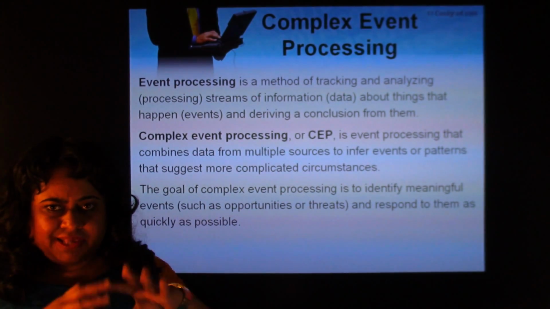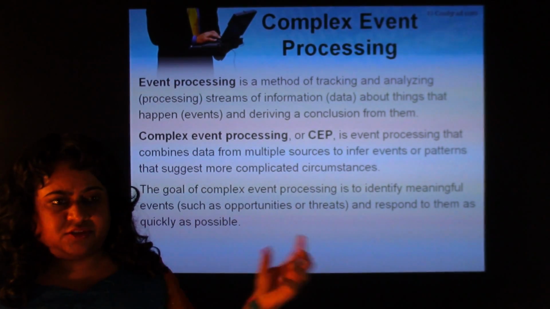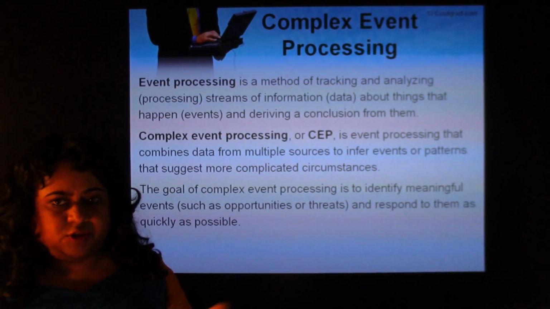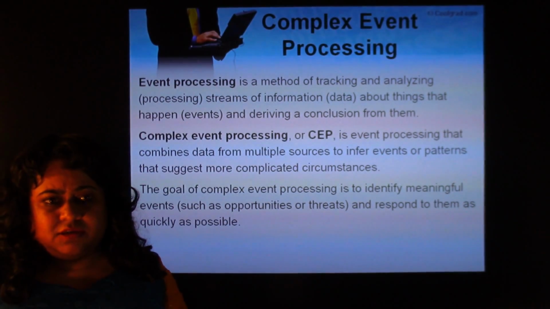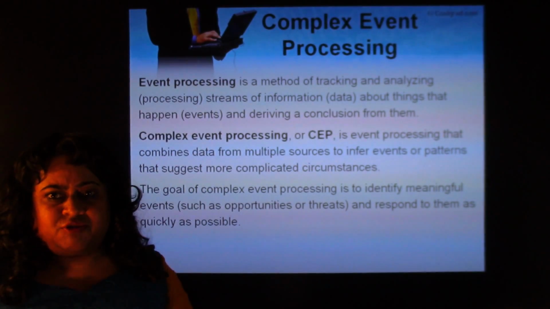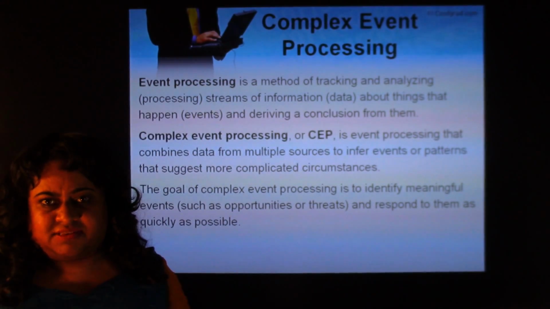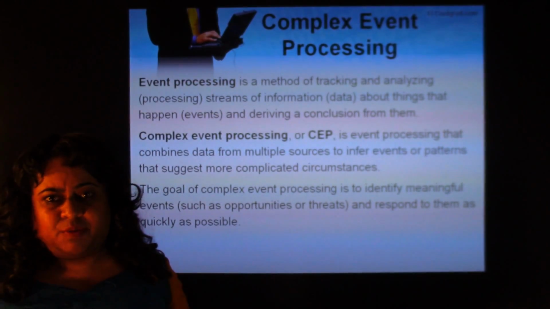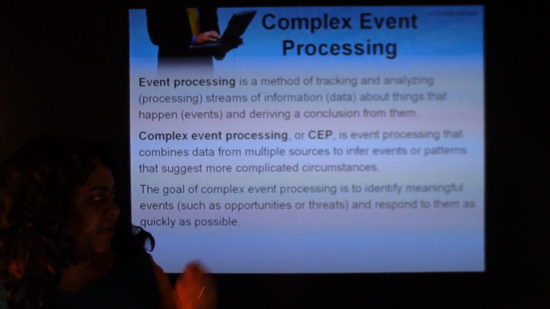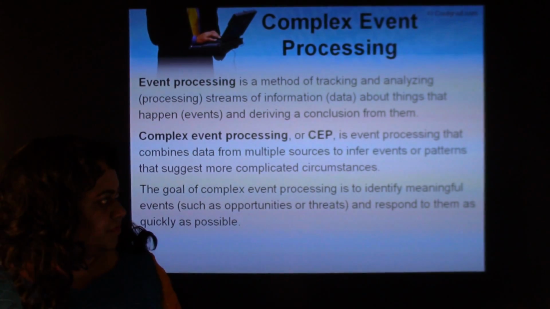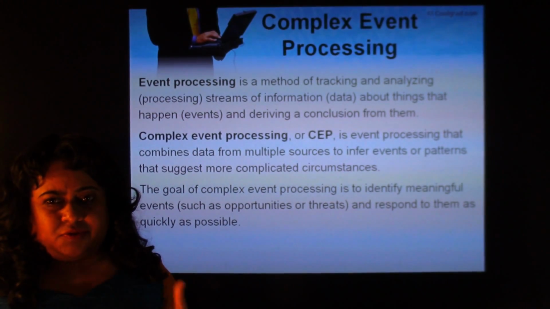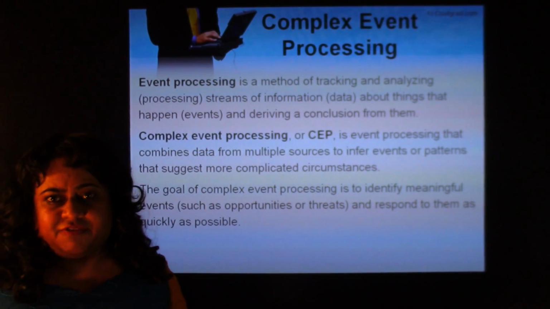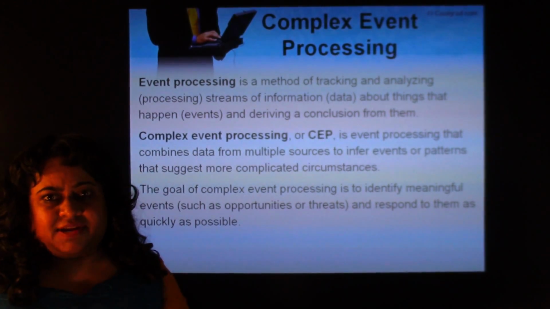So based on a complex set of activities, the customer is complaining and the system is slow, always crashing and creating problems. So what can I make from this? Hey, it's an opportunity for this customer to upgrade to our new system. So that may be a very simple example, but it's about predicting opportunities or threats. Complex event processing is all about using automated software to identify opportunities and threats and advise the organization accordingly.